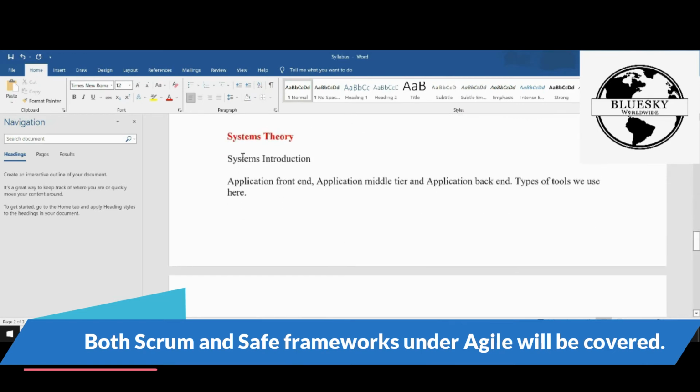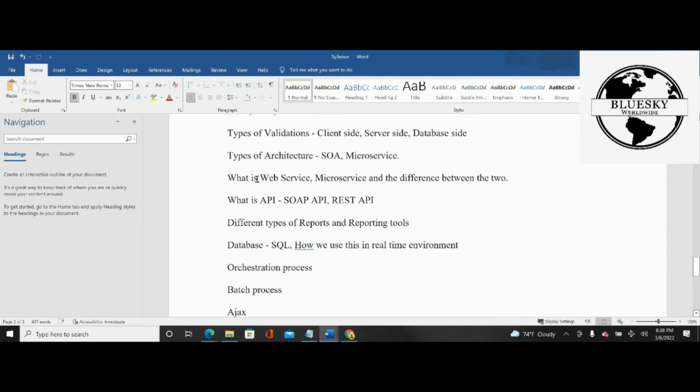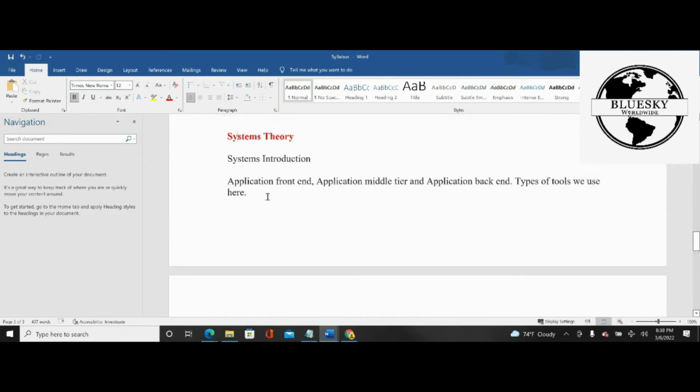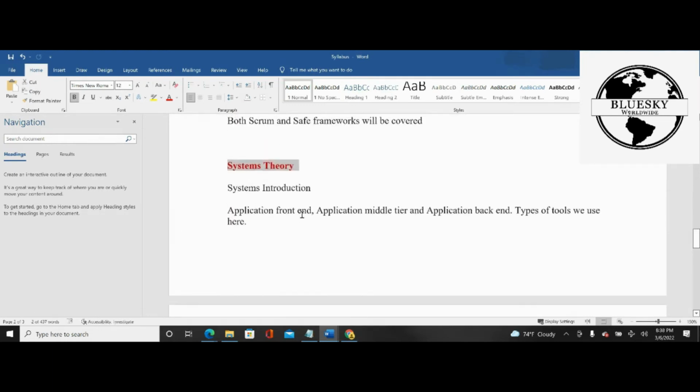So next is systems theory. This is actually out of scope, but then I brought it in scope. This is my own intervention. You'll never see another training program where there is something called systems theory. So this whole syllabus is my own intervention. I've drafted this. The reason why I have come up with this systems theory segment is because,